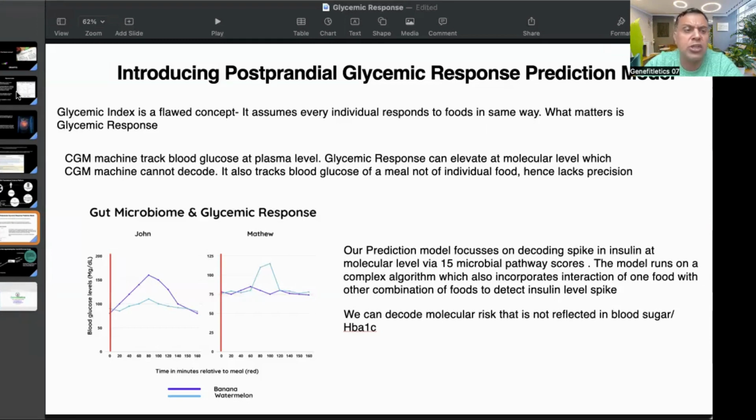It's all precise. So we are launching this in the month of August, and just before I sign off, we are doing a webinar tomorrow at 6 p.m. where we'll be unboxing our entire way of how we decode your molecular functions and how we arrive at your nutrition interventions using machine learning models, right? I'll also share more about what microbial or biological pathways or metabolites we look at when we are trying to predict your glucose response to various foods, right?